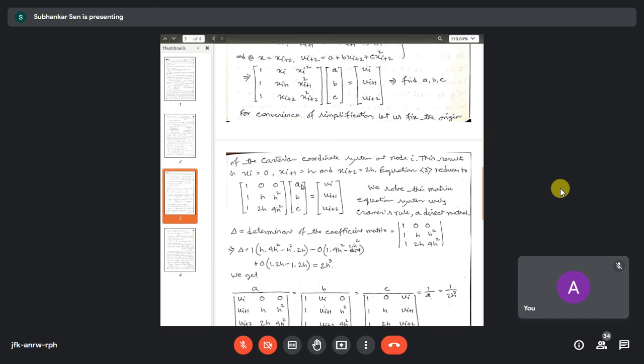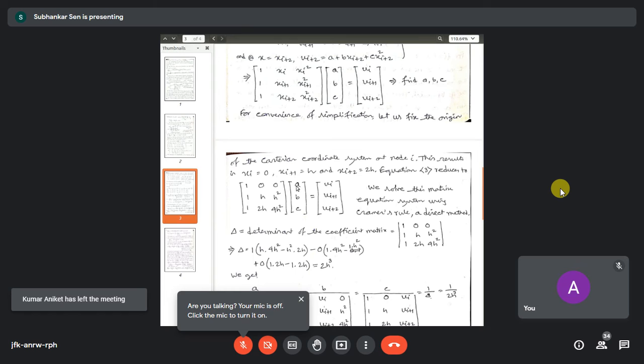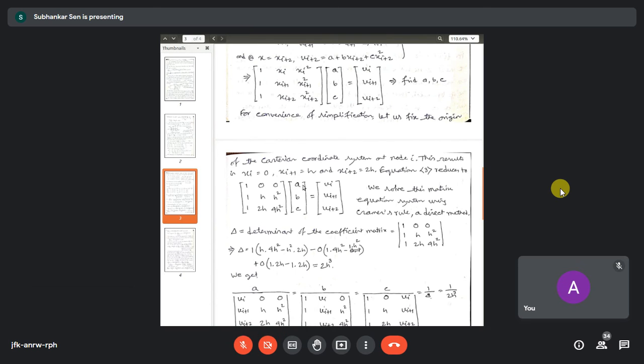So you have to solve it for A, B and C, and this can be done in many ways. You can do the solution for A, B and C in many ways, but here we are doing it using Cramer's rule. You could also use the Gauss elimination method for this case. But we shall show the solution using Cramer's rule. Cramer's rule is a direct method. I think in your mathematics course you have read it sometime, and used this Cramer's rule.